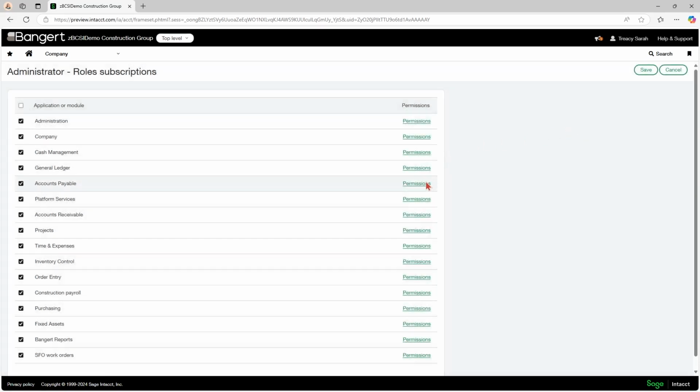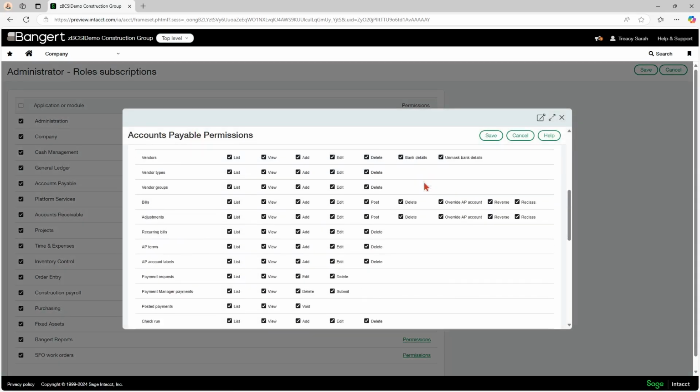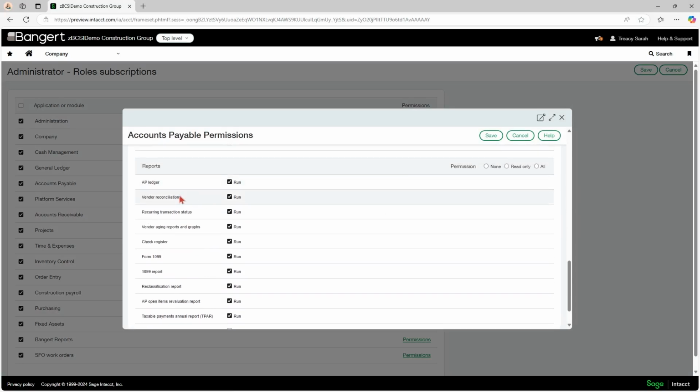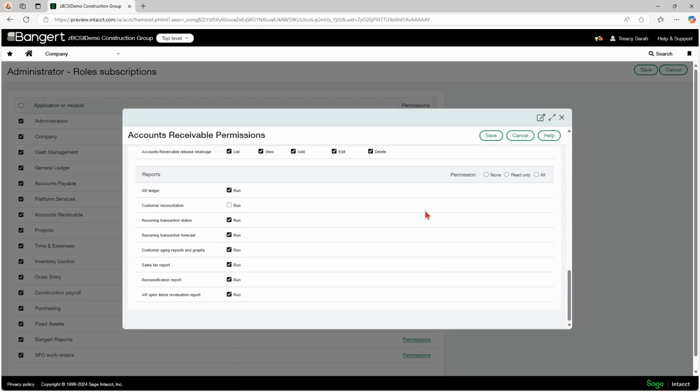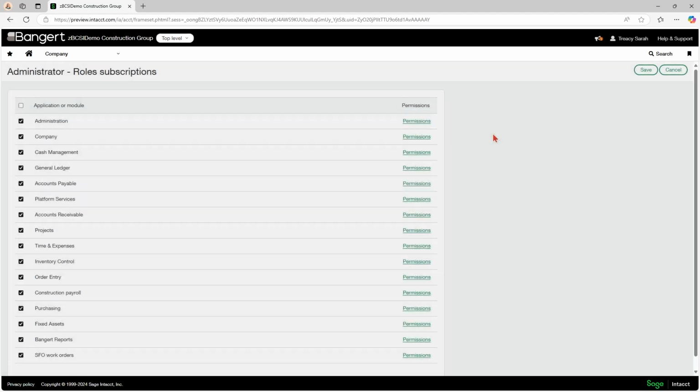And then within AP, down in the report section, vendor reconciliation report, that's new. You're going to want to turn that on for anybody that needs it. And also in accounts receivable, in permissions, down in the report section, and this one I left off. So you check off whatever permission that you need that is not on, save, and save again.